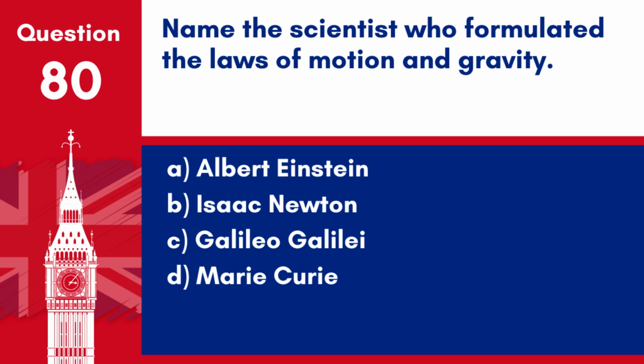Question 80. Name the scientist who formulated the laws of motion and gravity. A. Albert Einstein. B. Isaac Newton. C. Galileo Galilei. D. Marie Curie. Answer B. Isaac Newton. Sir Isaac Newton formulated the laws of motion and universal gravitation, laying the foundation for classical